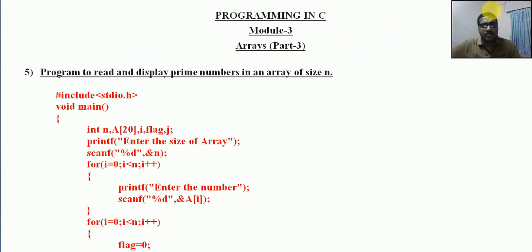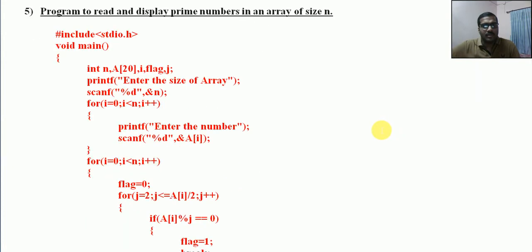So the first program we are going to discuss now is how to display only the prime numbers present in an array. Just display the prime numbers present in an array. Now just look at the logic. We will see the statements one by one. So first of all,